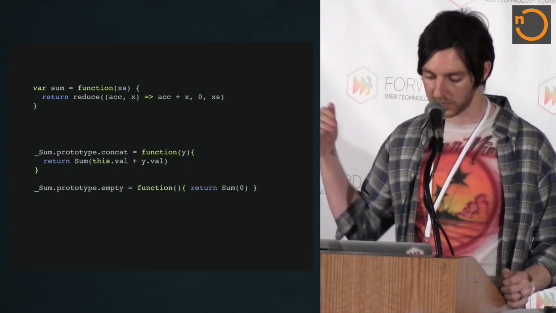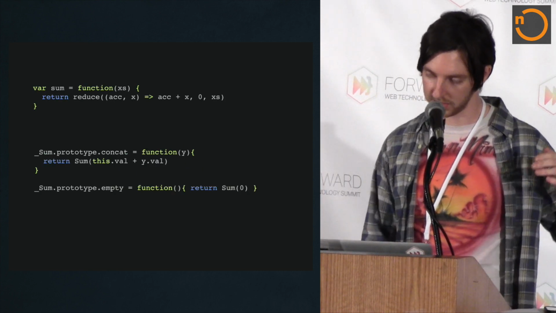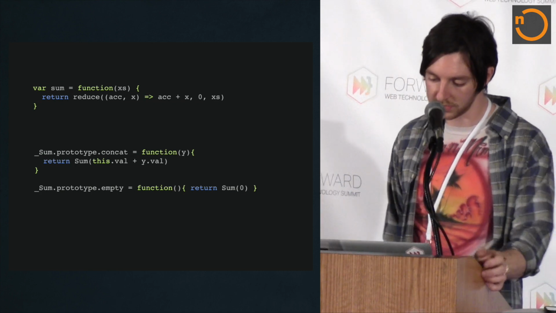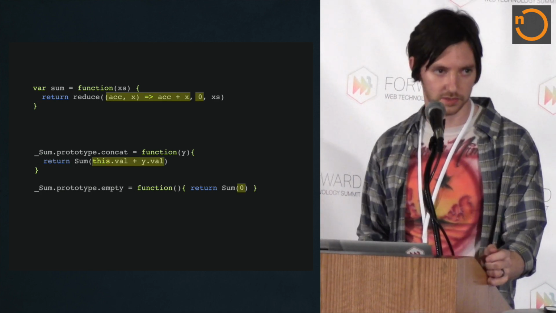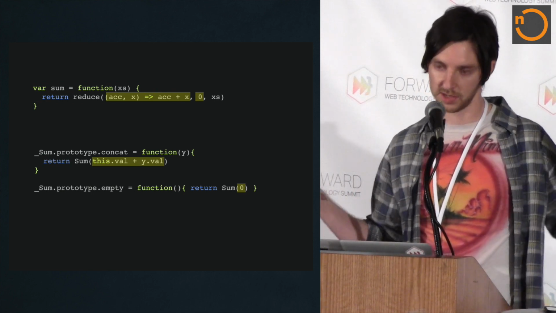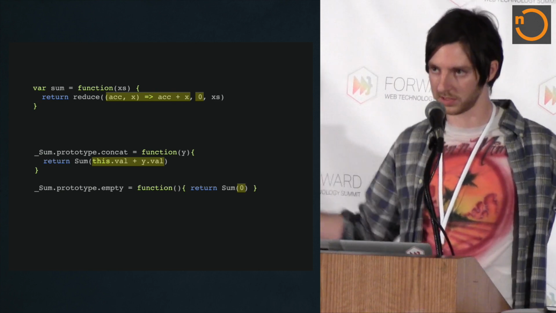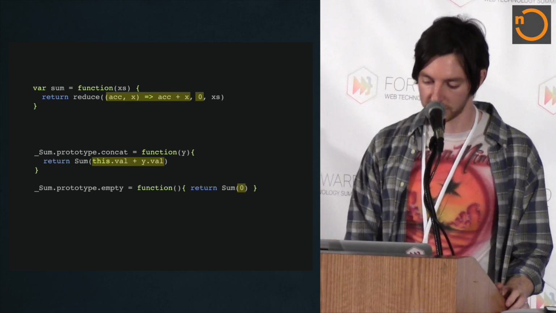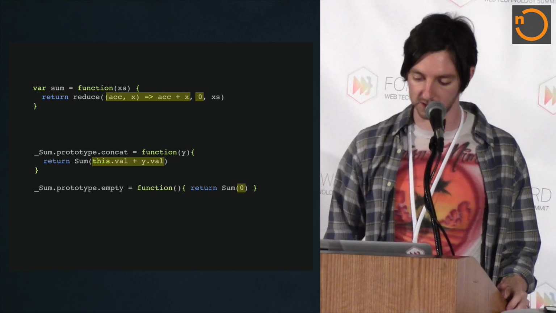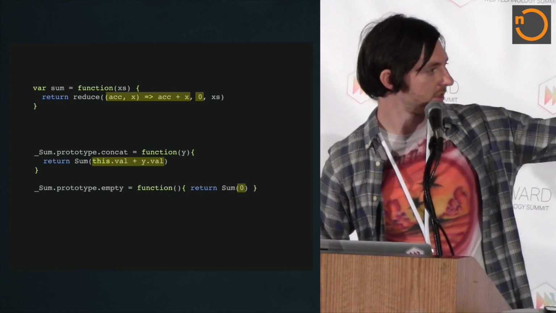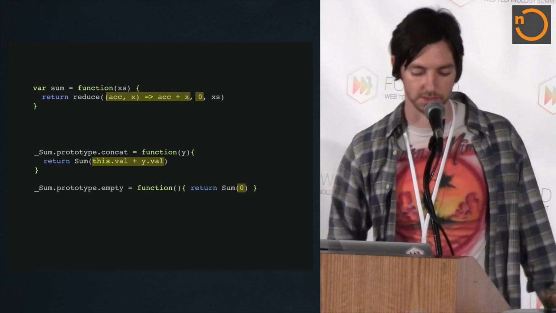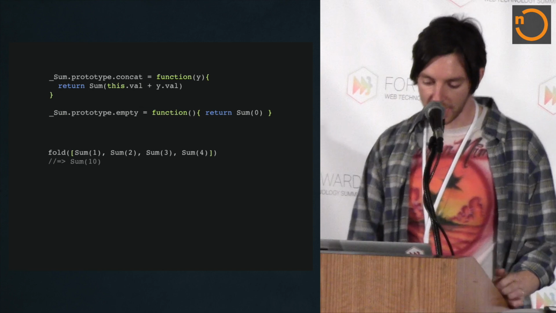And then we basically put the first arguments to reduce on the type itself. So the first argument to reduce is going to add two things together. That's what our concat's doing. It's saying, I've got a sum, so I'm going to add it to another sum. We're going to add their values together. And then we start with an empty sum with a 0 as its first argument. So these two kind of correspond to each other. The concat and empty are just the first two arguments to reduce. And if we have that,